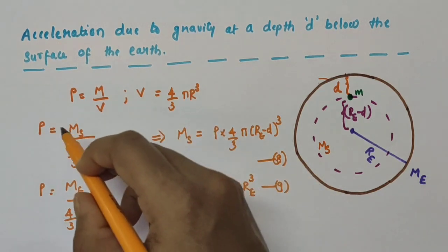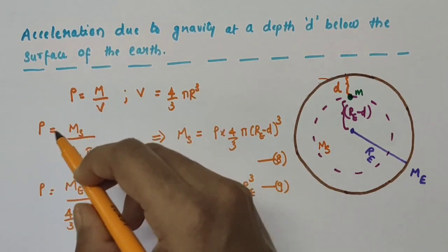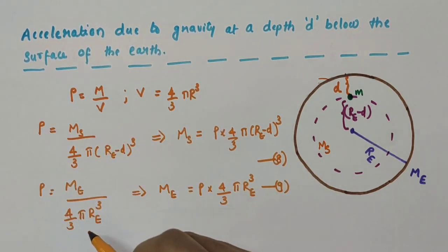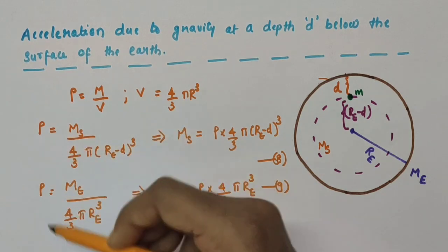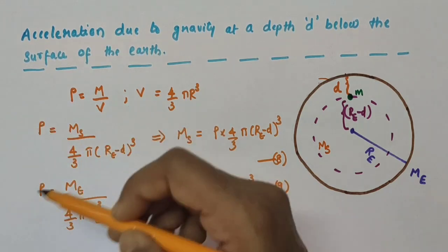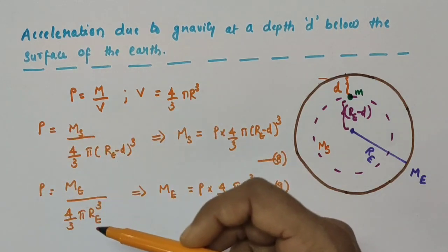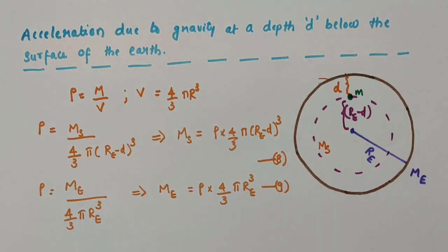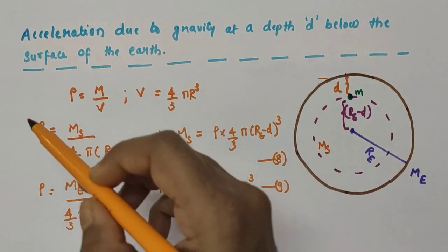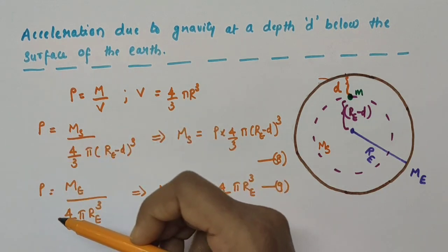So, this is the expression for the density of the smaller sphere, and this is the expression for the density of the earth. But in both the expressions, we have taken the same rho. We haven't represented it as rho s, rho e, or rho 1, rho 2, because we already said that we assumed that earth is of uniform density. Density is uniform, that is why we have taken the same rho here and here.